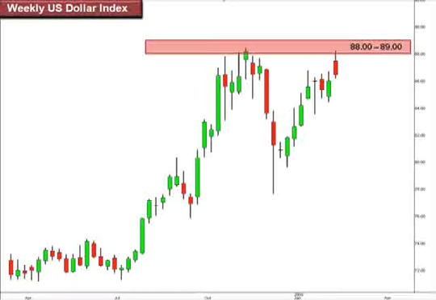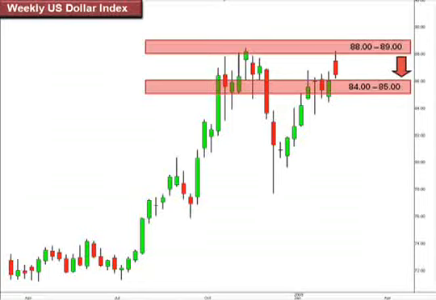As always, we're going to take a look at our weekly U.S. dollar index. This is a great way to gain perspective as to how the U.S. dollar has been trading against a basket of currencies. And as you can see here, the U.S. dollar index finally broke out to test our 88-89 focal zone. And on this weekly chart, obviously, we can see we closed on the lower side. Now, as long as the index holds within the 84-85 focal zone, the window is open for a continuation into